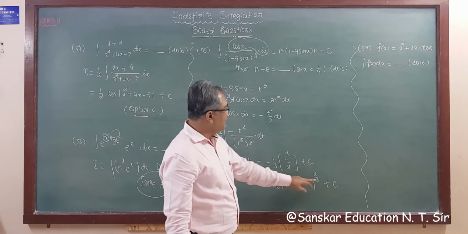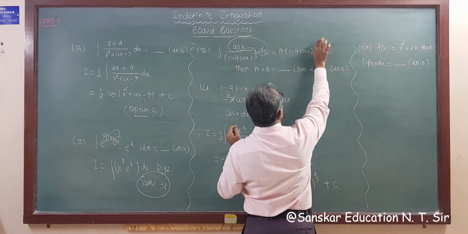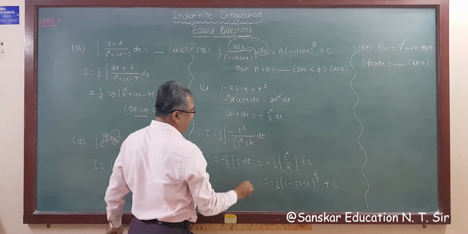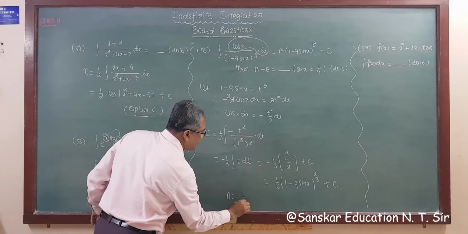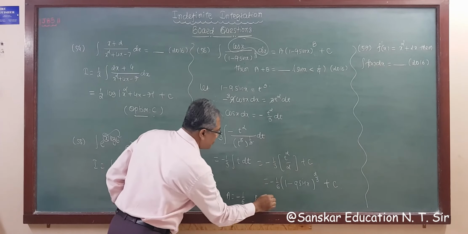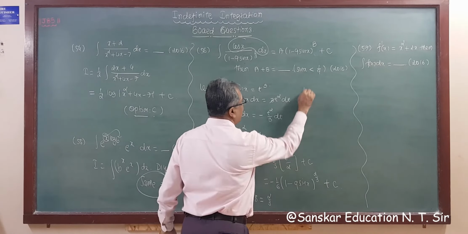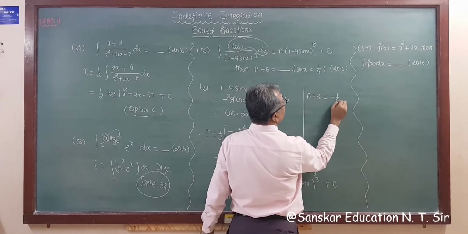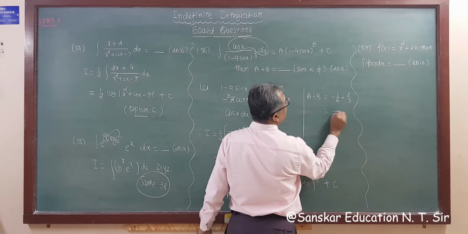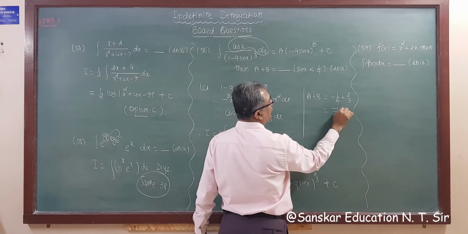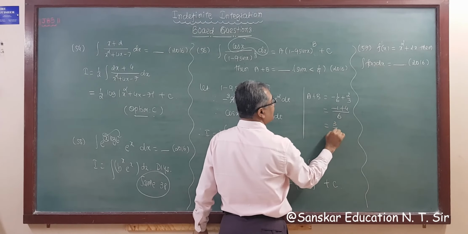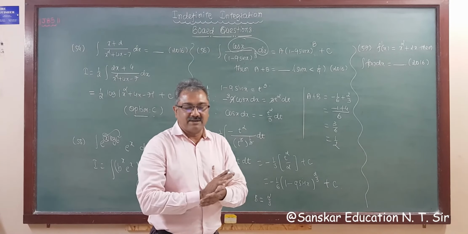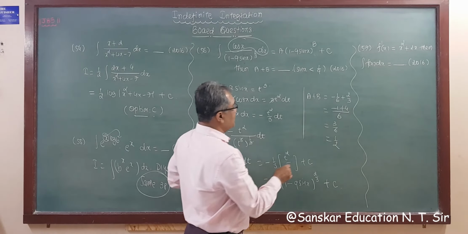So this is A and this is B. So this B must be here in power. Right? Then A plus B. So what is A? A is minus 1 upon 6 and B is 2 by 3. So A plus B, I am writing here, A plus B is equal to minus 1 upon 6 plus 2 by 3. So 6 is LCM. So minus 1 plus 4. 4 minus 1 is 3 by 6, that is half. So A plus B is half is the correct answer, that is option C. Option C is your correct answer.